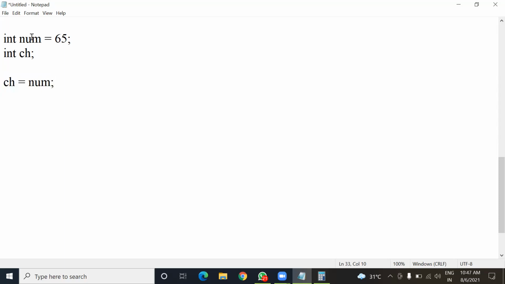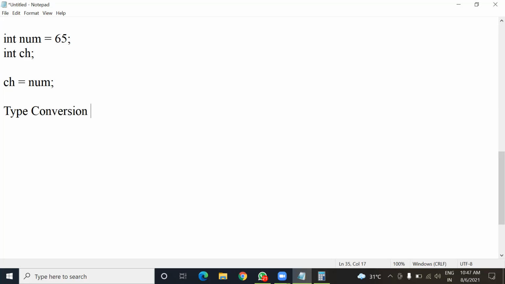Now, what will happen if I change the data types involved in this expression? To know this, we have to study type conversion. The name of the topic is type conversion.